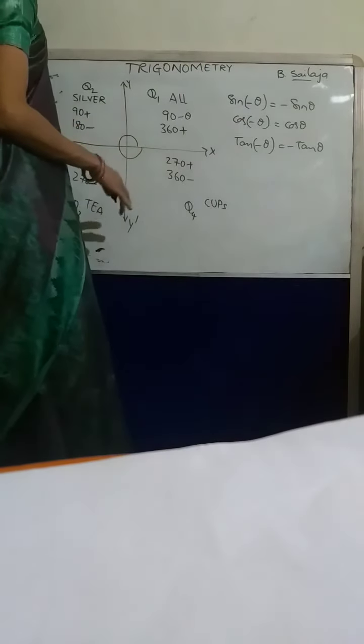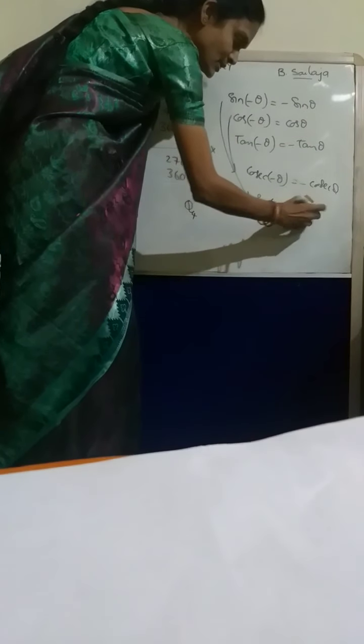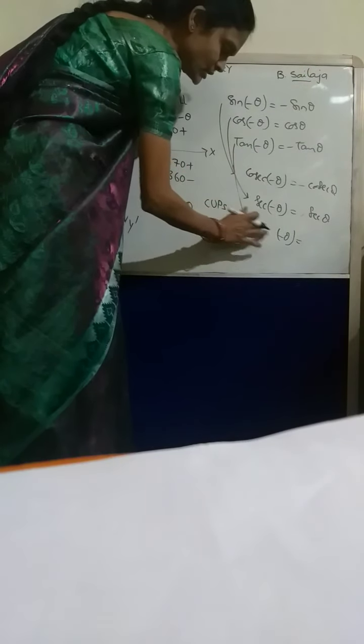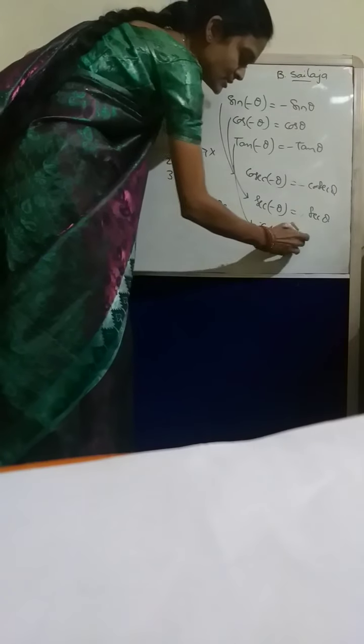So then the reciprocal is also same. What is the reciprocal of the sine? Sine reciprocal is cosec. Cosec of minus theta is minus cosec theta. Then like that, cos of minus theta, cos reciprocal is sec. Sec of minus theta is, sorry, sec theta. Why? Because cos of minus theta is positive, no? That reciprocal also positive. Then tan reciprocal is what? Cot, no? Cot of minus theta is minus cot theta. Understood, no? Sin, cos, tan. First you remember, then you get easily the reciprocal is also same, no? Sin of minus theta minus sin, cos of minus theta cos, tan of minus theta minus tan.